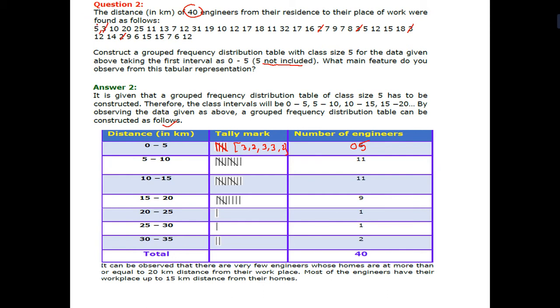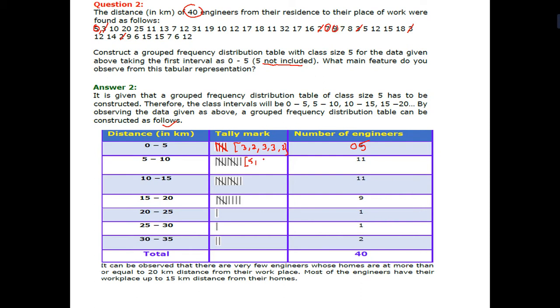Now 5 is included, 10 is not included. So I have to write, actually 11 is. Anyhow we have to convert into 11. So 5 we can write. Afterward these are all